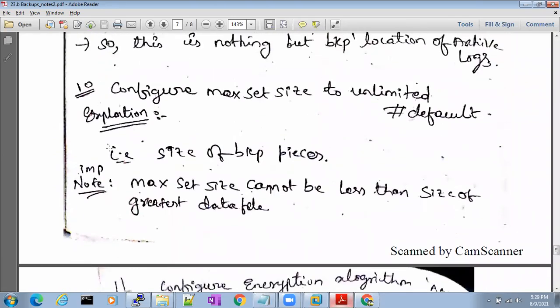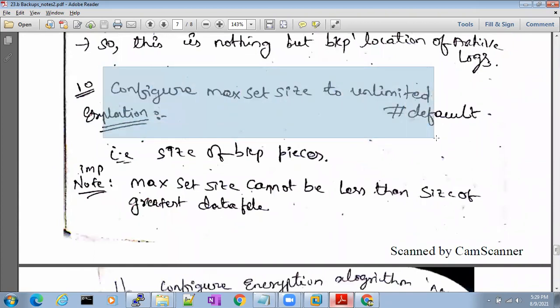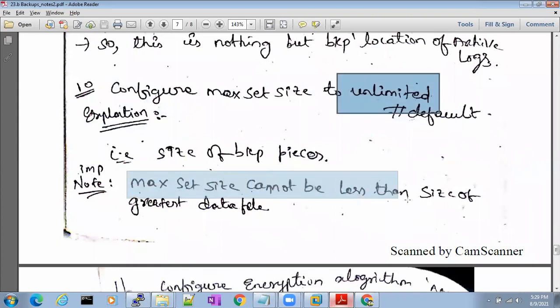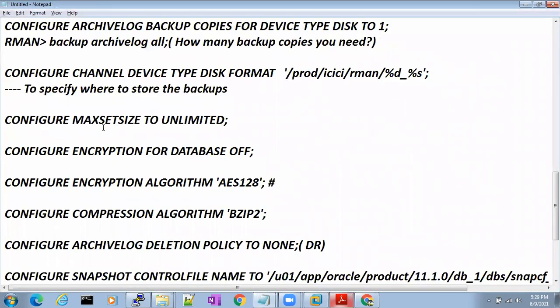Okay, so this is the explanation. Configure max set size to unlimited. This should always be unlimited only, because max set size cannot be less than the size of the greatest data file. For example,